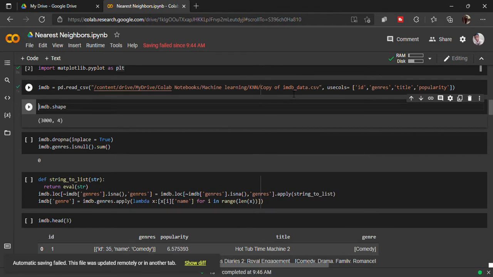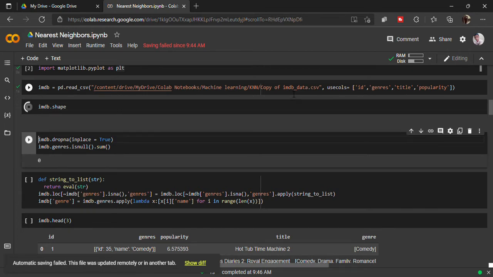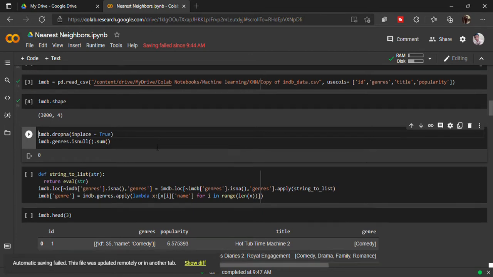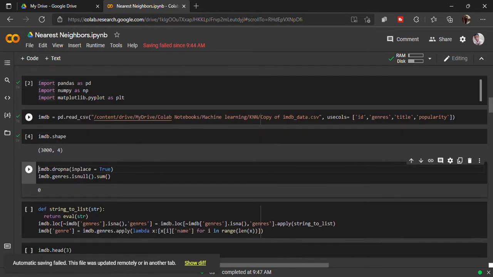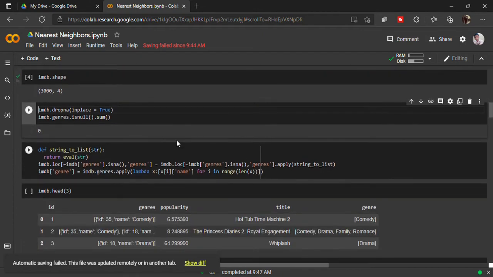And you can see the imdb dataframe has 3000 rows and 4 columns, like we specified. So let's first drop na. I have examined the dataset and in these 4 columns I have only a few, like 7 or 8, null values, so I will prefer to drop them.